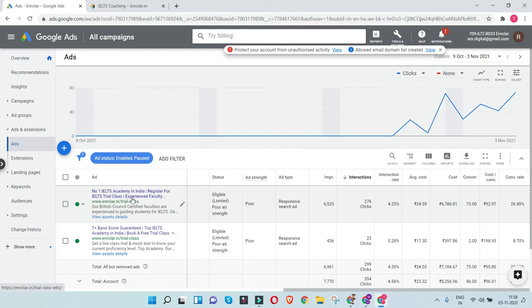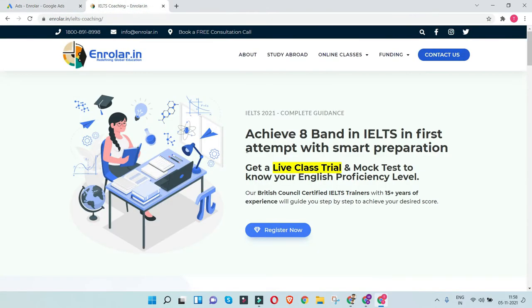Now once they click on this ad and they land up on your landing page, that's again a different game altogether. You need to also ensure that if the conversion rate is dropping or is low, that might be because of the storytelling on your landing page. So you need to ensure that you are also analyzing the landing page content. Is the landing page talking to the user in a colloquial format, that is, in a conversational mode? So it's more of a sales page. Any landing page is trying to convince a user to take an action.